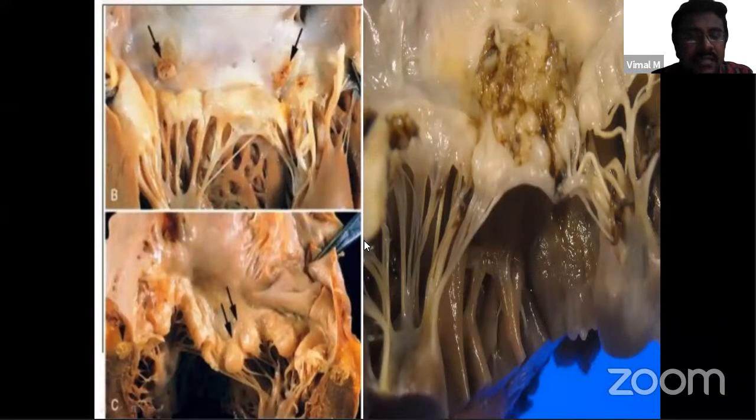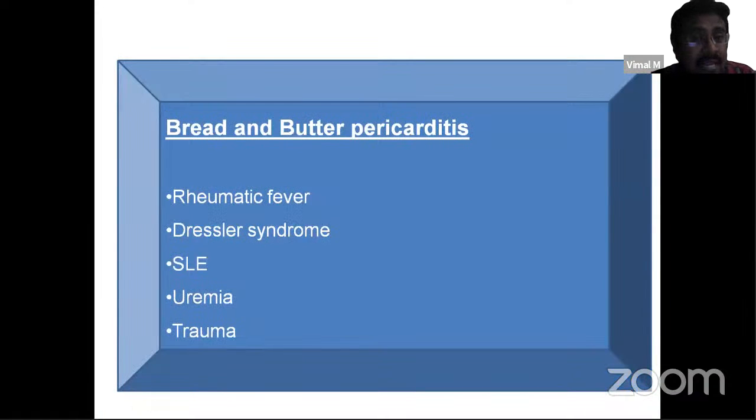And in rheumatic heart disease, you will be getting the vegetations, and these vegetations will be along the line of closure. And in the pericardium, you will be having the bread and butter appearance. So the bread and butter appearance in the pericardium of the rheumatic heart, bread and butter pericarditis, you will be getting that apart from rheumatic heart disease in